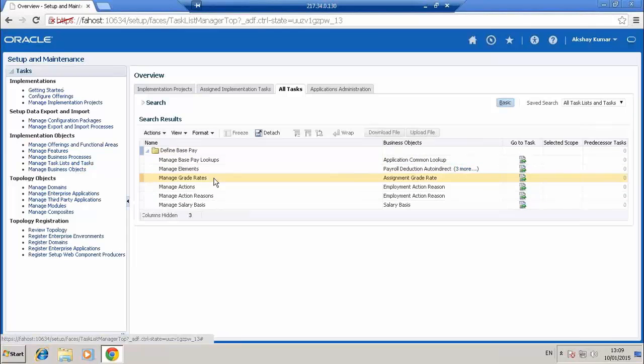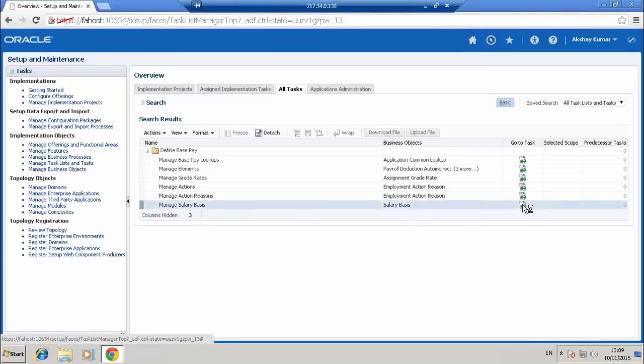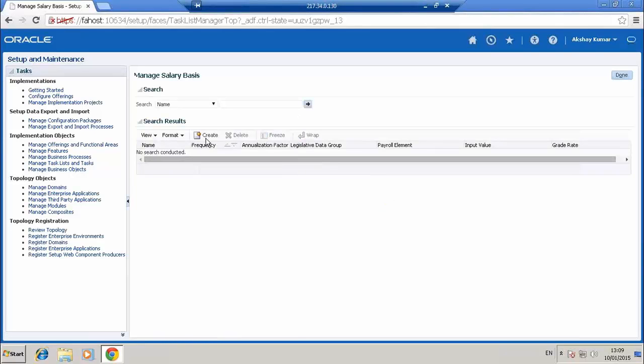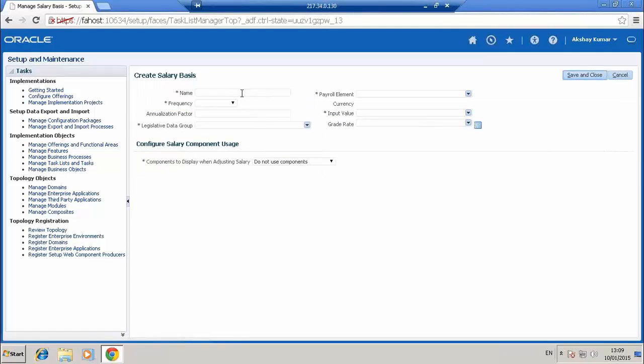Here you can go and create the grade rate, and this is the salary basis. Go here. This is how you create a salary basis.